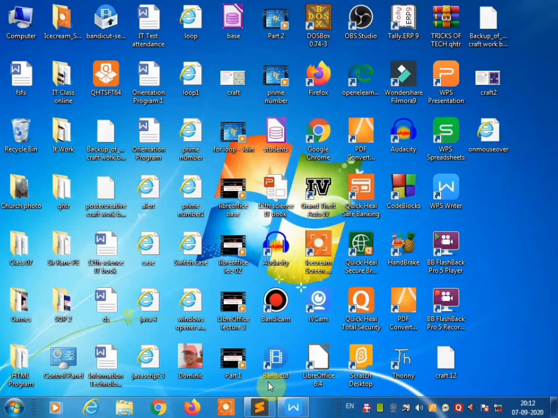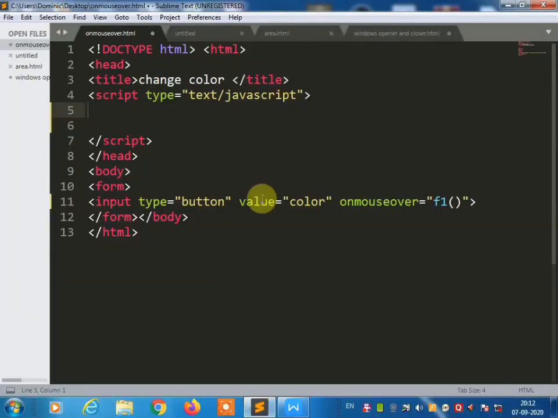let's write one more program using JavaScript such that when the mouse is placed over the first button object without clicking, the color of the background of the page should change after every second. There should be at least 4 different and visibly distinct background colors excluding the default color. So let's start how to write this program by using JavaScript. So open the text editor and start typing the basic code.